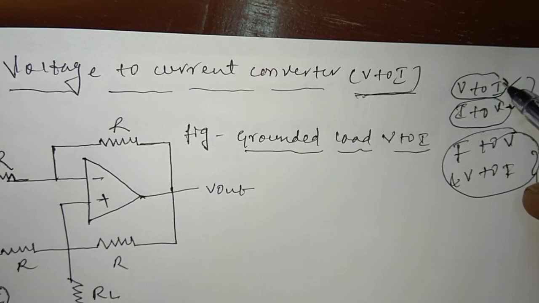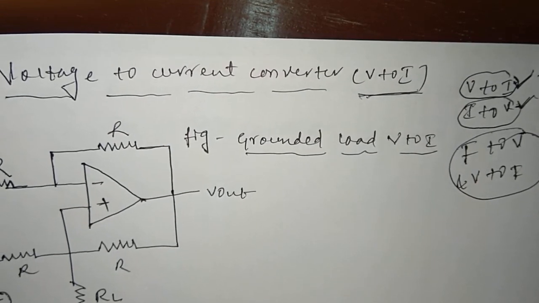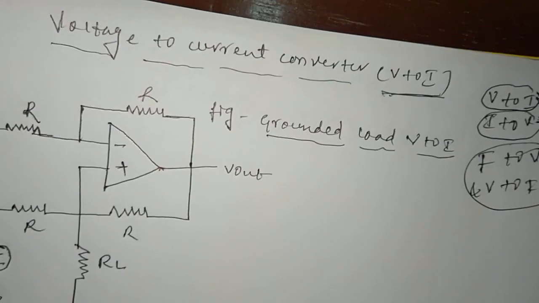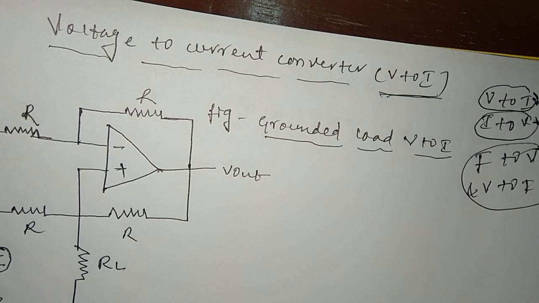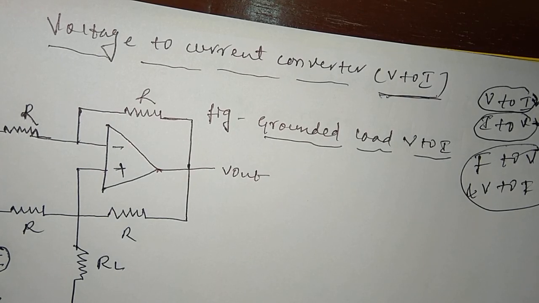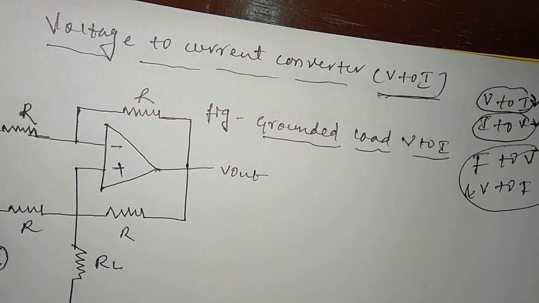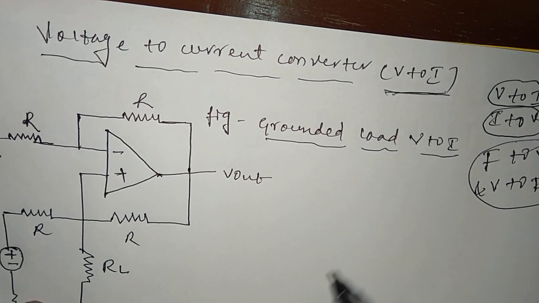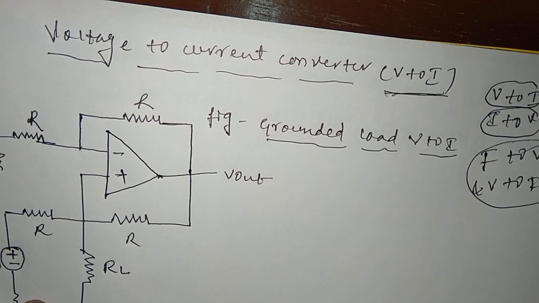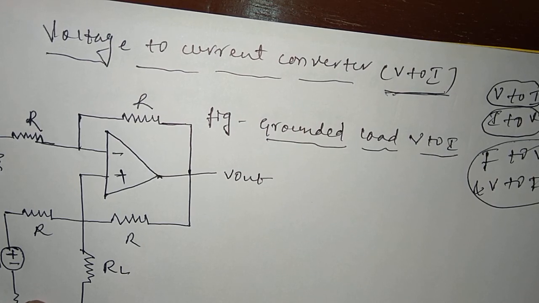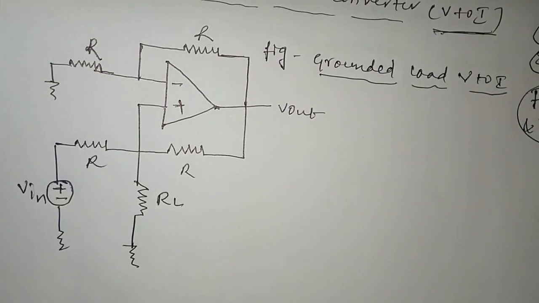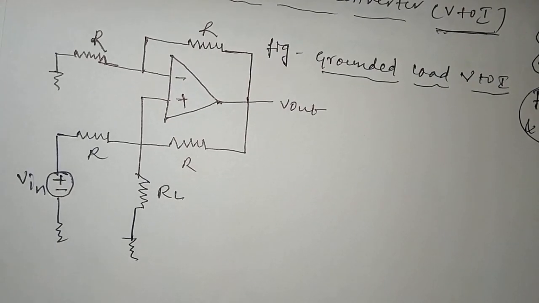Here we are going to see the detailed structural case, where we are going to learn how voltage is converted into current and current is converted into voltage, and what is the need of that. Particularly, in the syllabus they have mentioned voltage to current converter with grounded load. That diagram I have drawn over here, so we'll go through that.